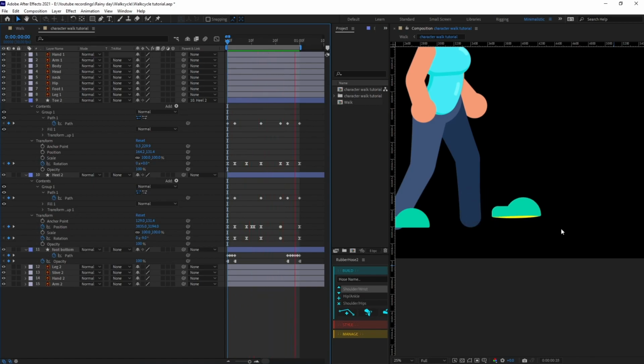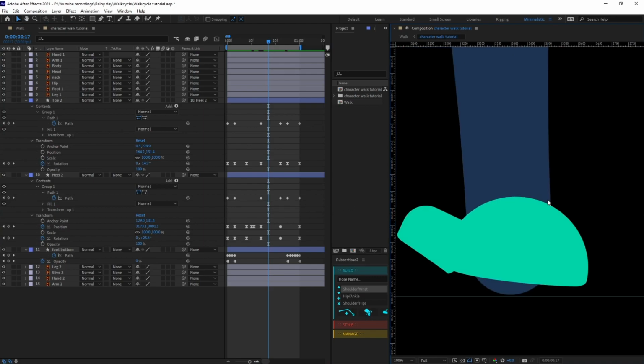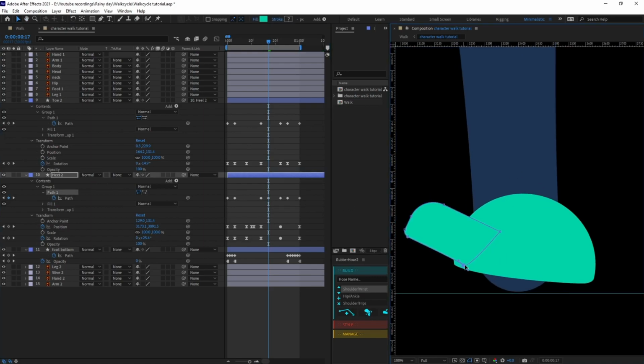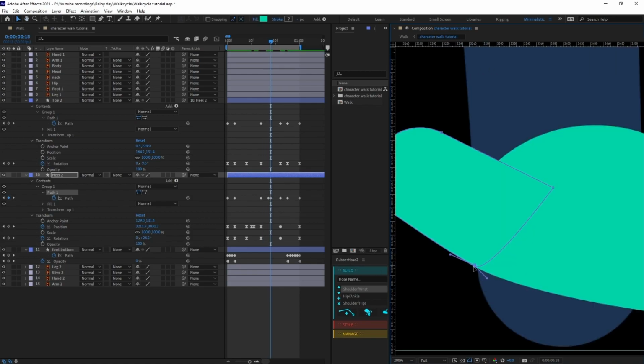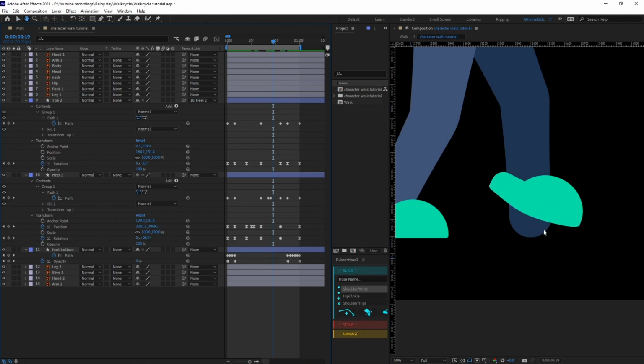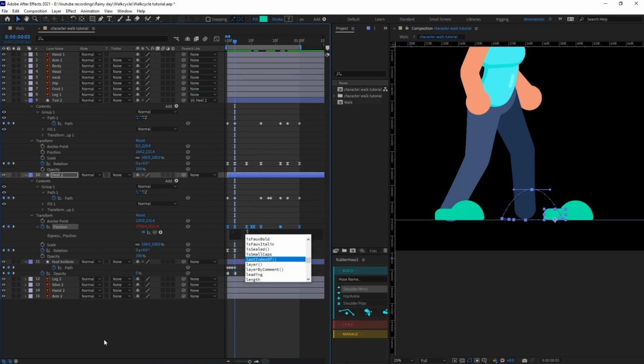Yeah, it's looking pretty nice, but I think we can fix up the position here a bit, so let's do that. Alright, let's check our animation. Yeah, this is looking better. Okay, so now we are going to add loop expressions. So let's add the loop expression.